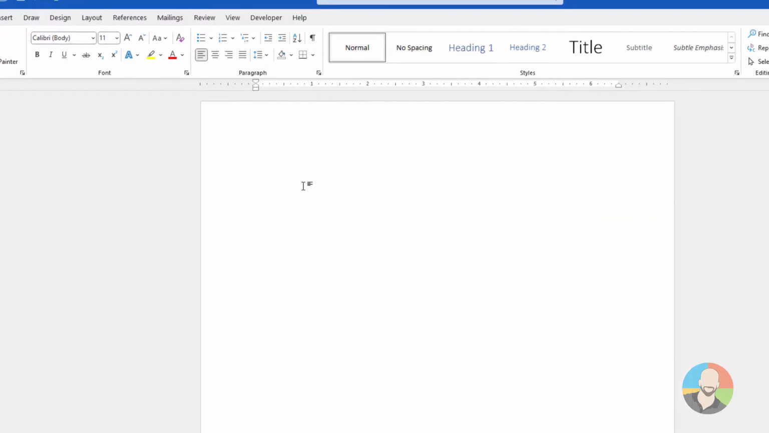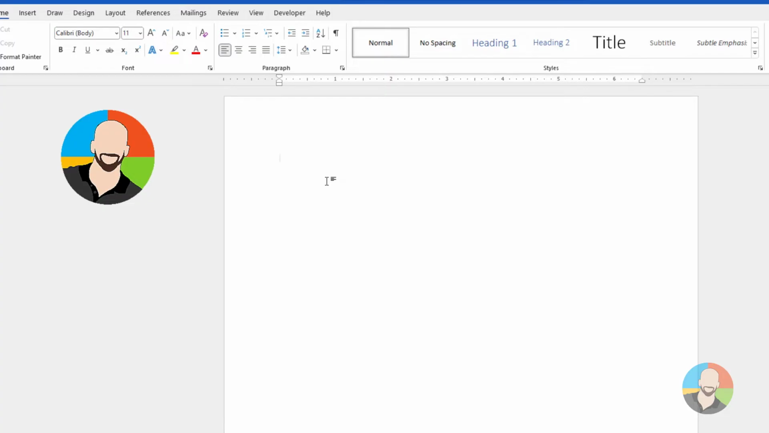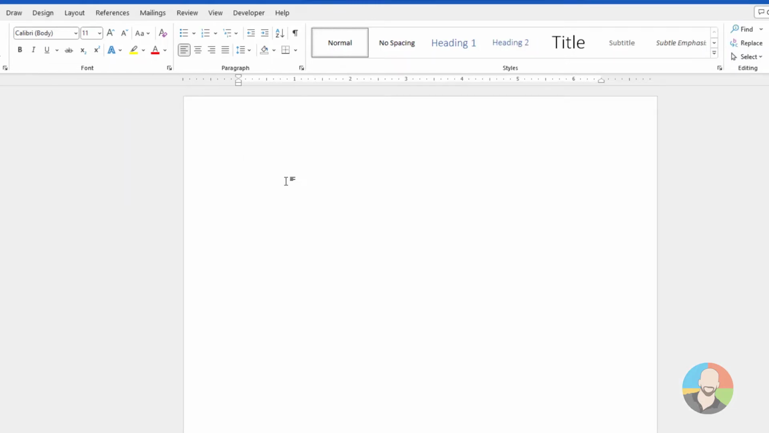Here's how it's done. The way you create unique headers is to use something called section breaks. Think of a section break as a gate in your document. Each gated section can be formatted or controlled however you want. The good news is it's very easy to do. Let's see an example. Here we have a new document, and let's say we want to create 4 pages with